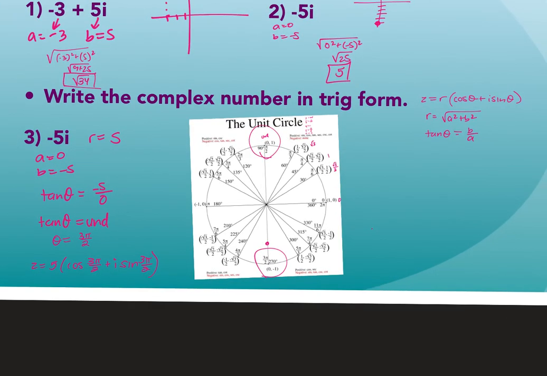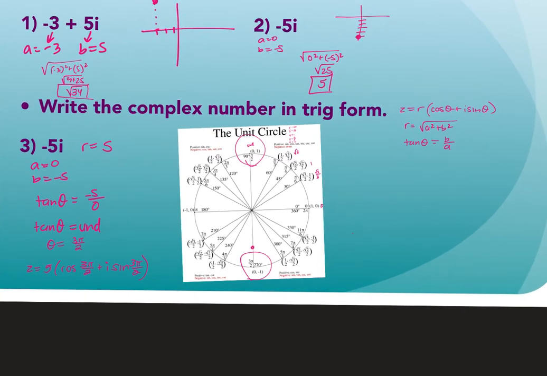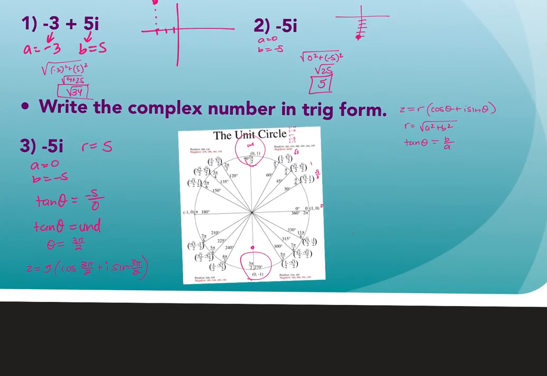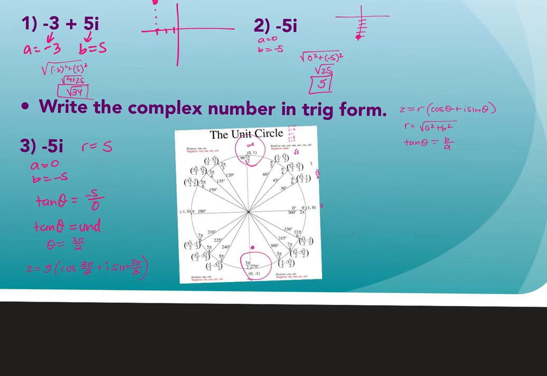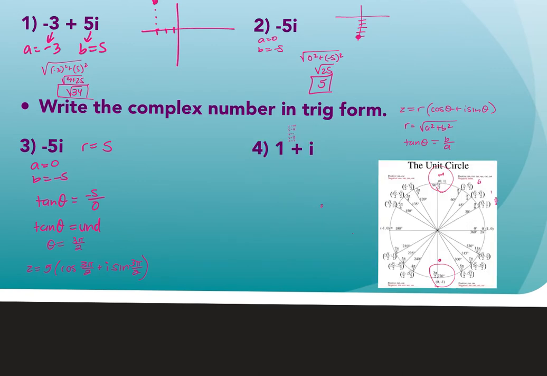So then the next question that I covered up, hang on. 1 plus i would be a being 1, b also being 1. I would have gone right 1 and up 1. That's where my coordinate point is. And then r equals the square root of 1 squared plus 1 squared, square root of 1 plus 1, which